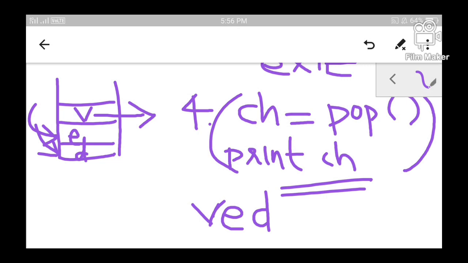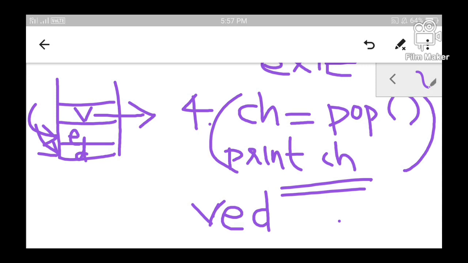So in this way, every character which was read through the keyboard will be printed in the reverse order. This is because stack is a LIFO data structure, and it takes the element back from the stack which was inserted at the last. So last in, first out. The one which has been entered last will be the first one to be removed from the stack.